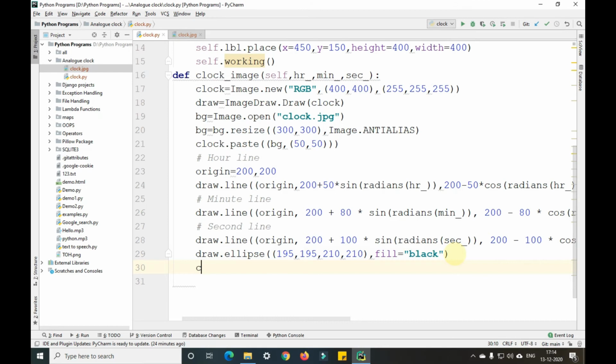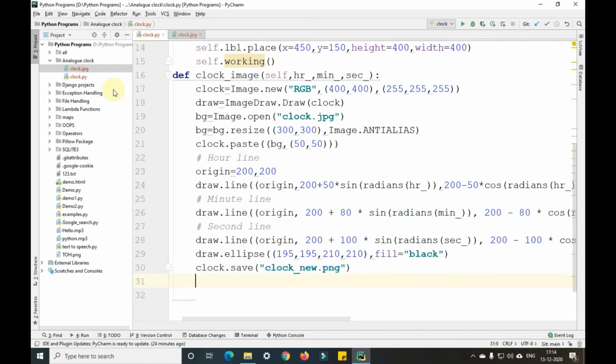After that, we'll save, clock.save. We'll not do any changes to this particular clock. We'll just save it as a new clock, that is clock_new.png.